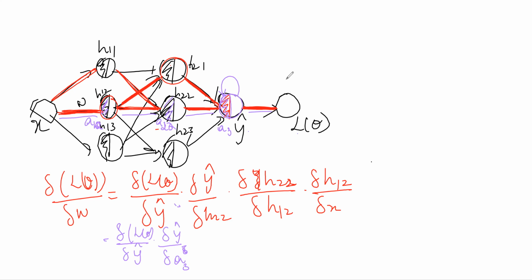Then from there, I get to know this operation, so I'll again split that up. It's going to be delta A3 divided by delta H22. Again from this, from H22, there's an operation with A22, so I'll split this up as delta